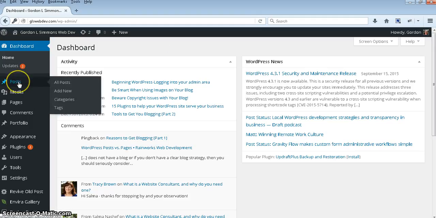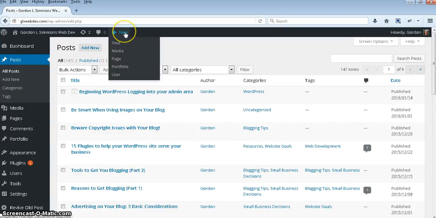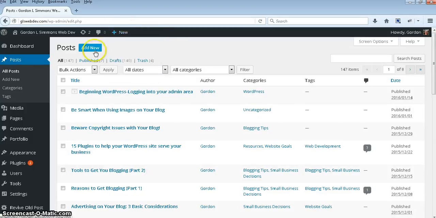To create a new post, it couldn't be simpler. You simply either hover over posts and click Add New here, or if you click on posts, you can add new up at the top. You can also add a new post, media page, or other items at any time from the main bar up at the top. For now, we'll just click the Add New button,